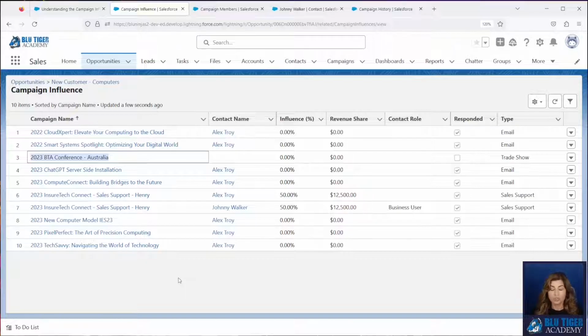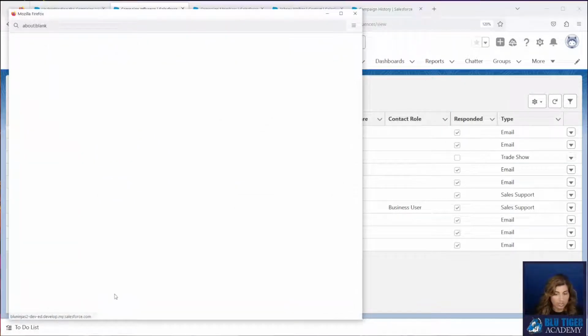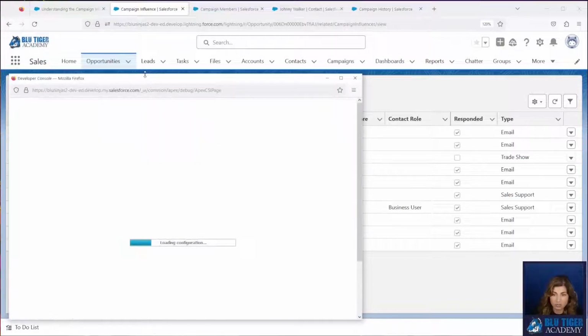We will show you in a future video how you can create a flow that will automate the deletion of these records. So whenever a primary campaign source is changed and there's no contacts that are associated with that campaign influence record, we want to delete it. Now, you have to delete these records via the API using Data Loader, using Flow, using your Dev Console. There's no way to delete these records from the UI. I will provide this query in the description below.